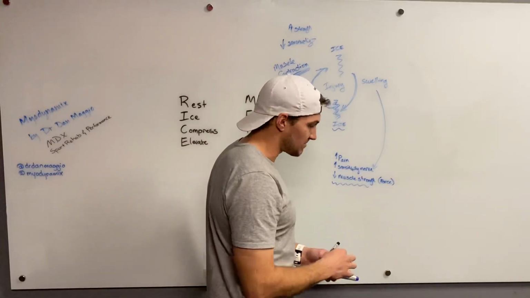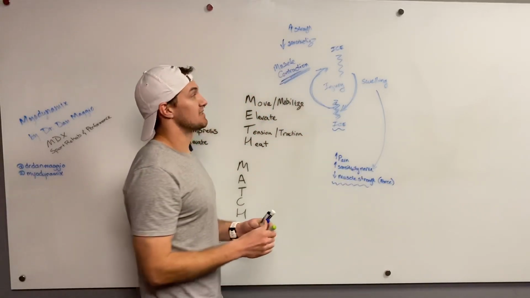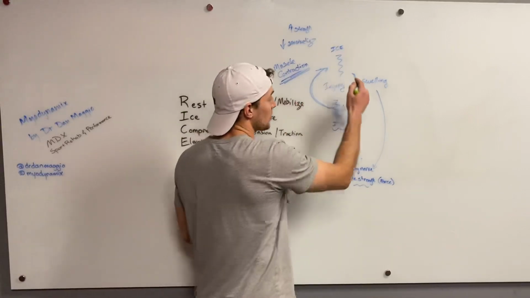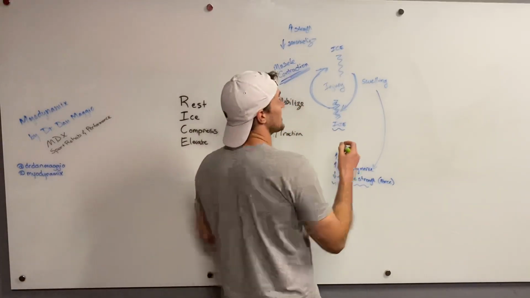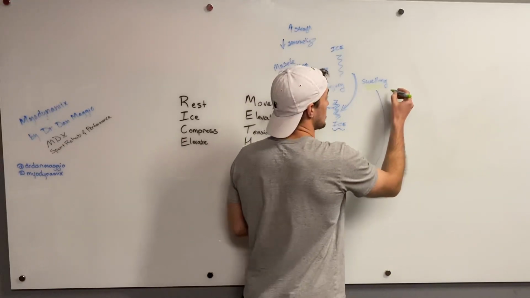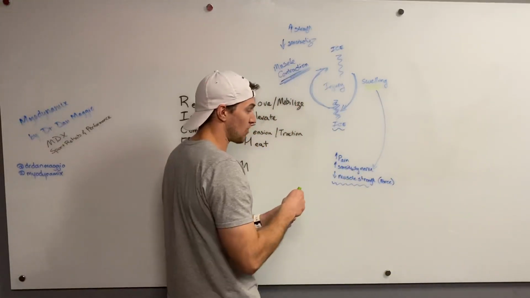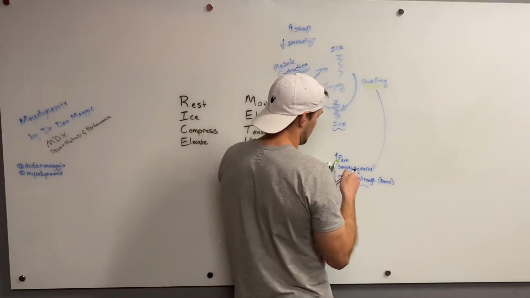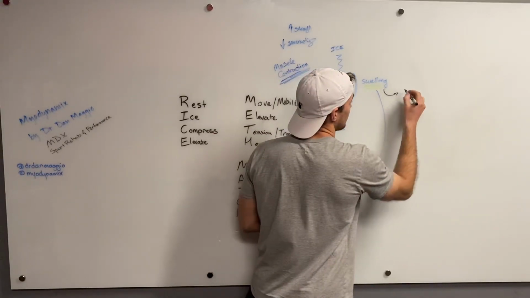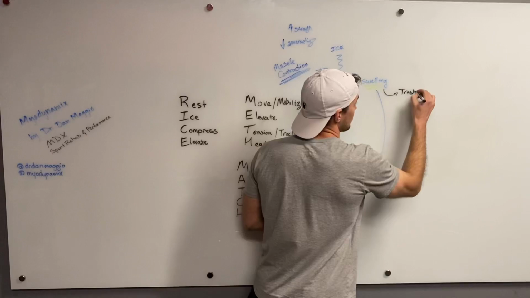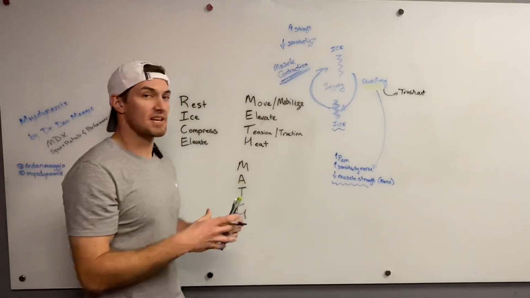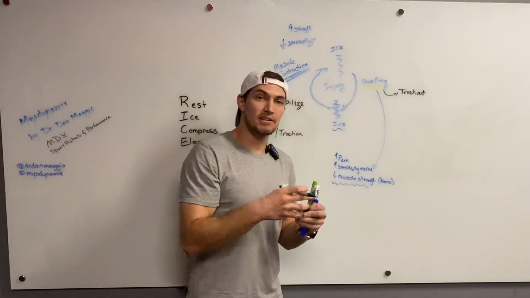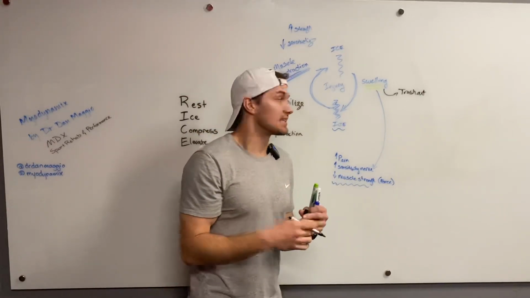Another way we can think about this, Kelly Starrett said this beautifully, in this whole equation of maybe moving away from ice and into something more active, is we want to get swelling, which is the garbage. We want to get some of that garbage out. So let's say swelling, trash out. So all of the macrophages, all the other cells that are going to come in and start to heal that area and break away some of the dead tissue,